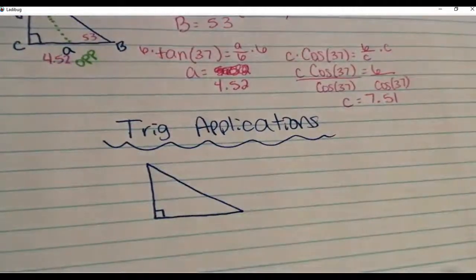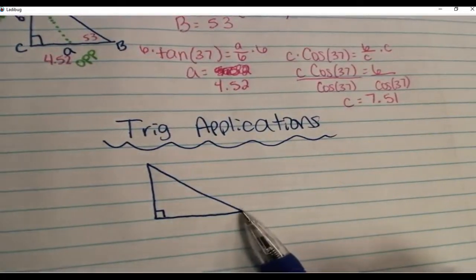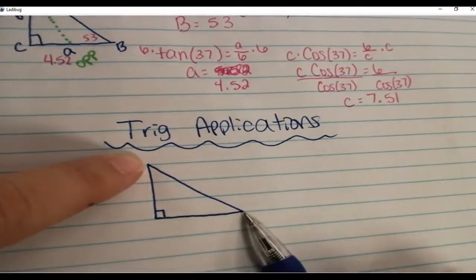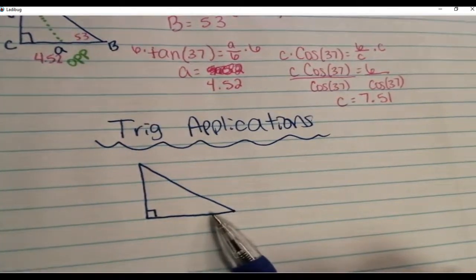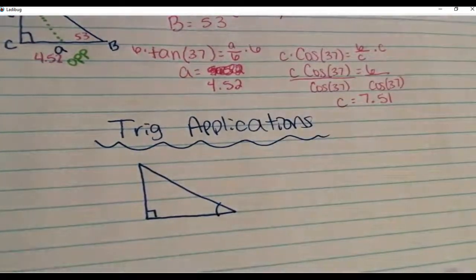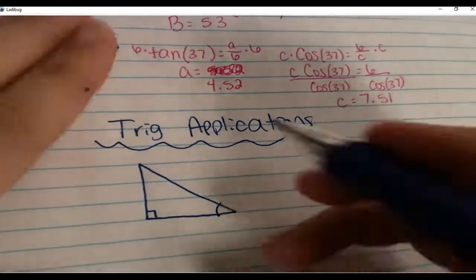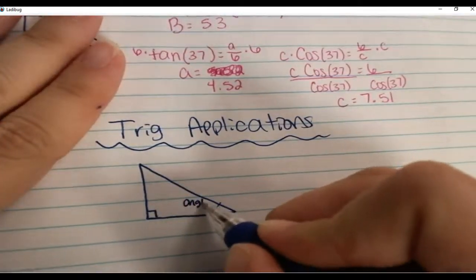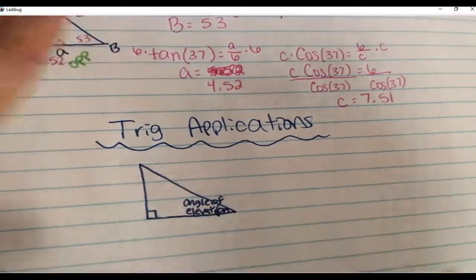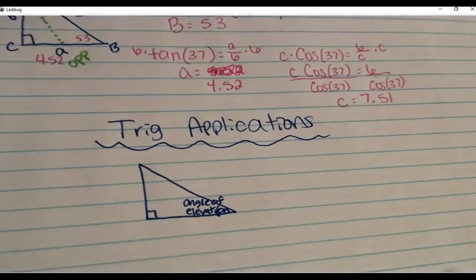level of something. Okay? So if you're standing down here at the bottom of this triangle, and let's say this is a building, and you're looking up at the top of this building. If you think about your eyes looking straight, and then you're looking up, this is the angle that changes. Okay? So that is the angle of elevation. So if it says angle of elevation, you do your eye level and you're looking up. And so this down here is the one, they're both changing, but this is the one that's changing with your